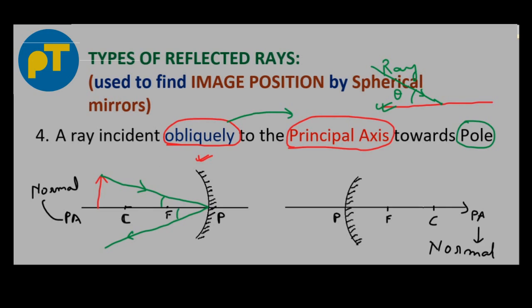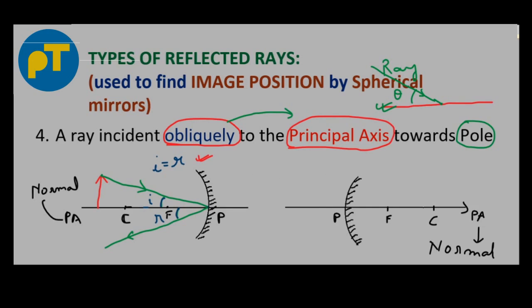So here we have I and we have R, because this is the normal, so this is the point of incidence, this is the angle of incidence, and this becomes the angle of reflection. Now these two will be the same, I equal to R. Alright,